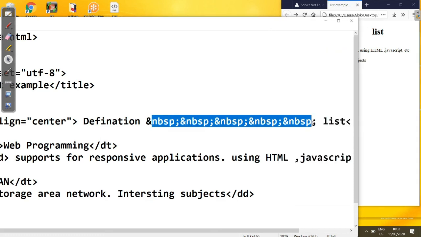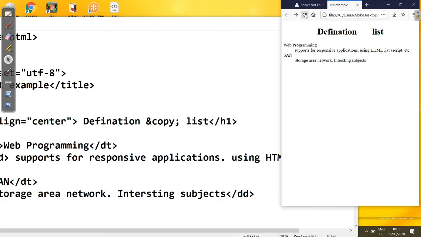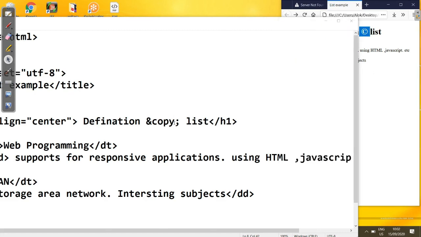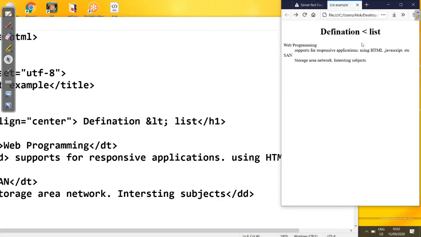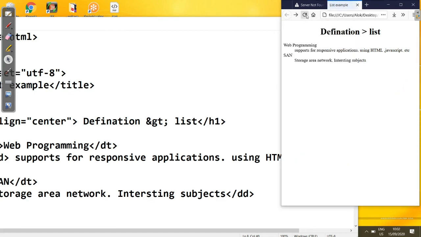Coming back to copy, I put the same concept here, copy, and you see the symbol is there now. Then coming to LT, Control S, refresh, you see less than. Same thing with GT, you put it here, Control S, refresh.